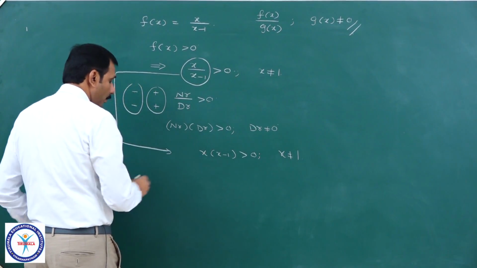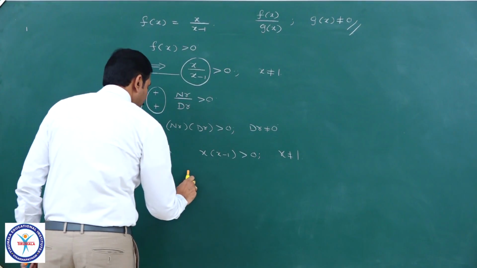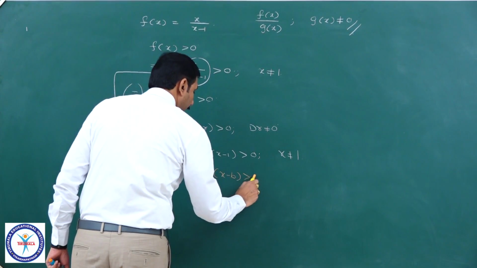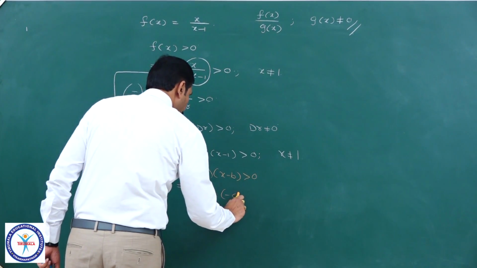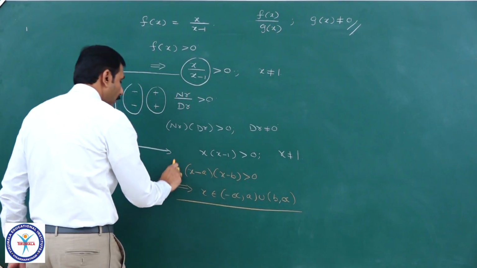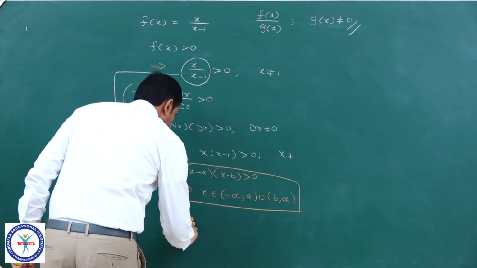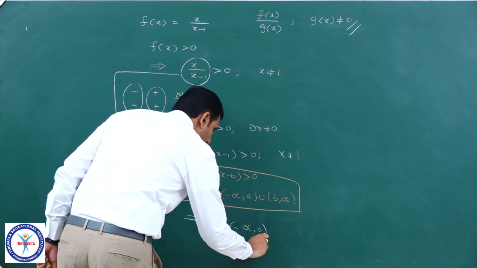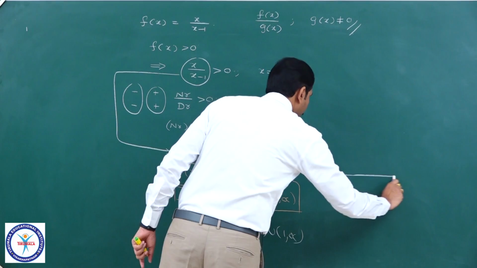Now it is our usual, known formula where we have done problems. It is of the form x minus a into x minus b greater than 0. x minus a into x minus b greater than 0 means we know x belongs to minus infinity comma a union b comma infinity. You know this formula? This one we have already seen. Because x into x minus 1 greater than 0 implies x belongs to minus infinity comma 0 union 1 comma infinity. In fact, that curve only I will draw.